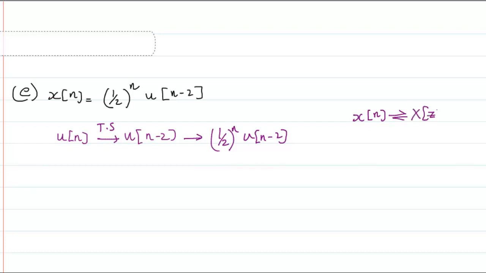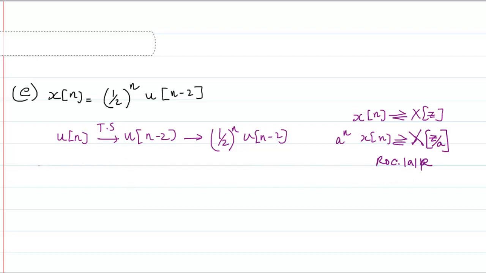whose z transform you already know is X of z, then if you multiply it with a raised to power n, then the Z transform of that will be capital X of, instead of Z you have to write Z by a, with the ROC also becoming multiplied by a. Okay, so you can use this property, you can use this method, or another method is